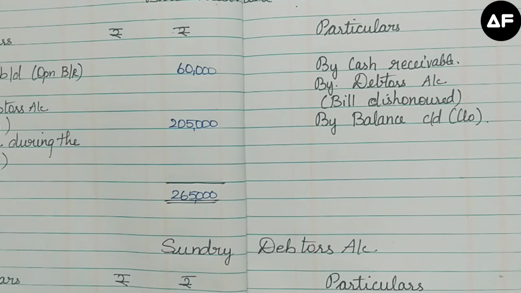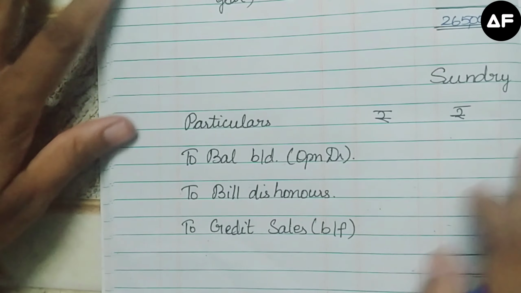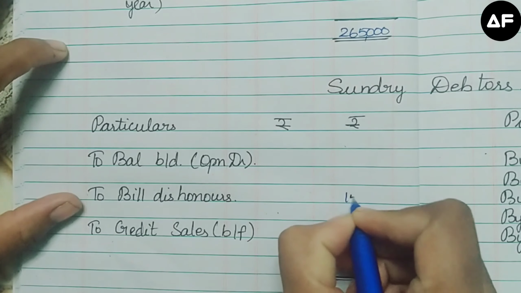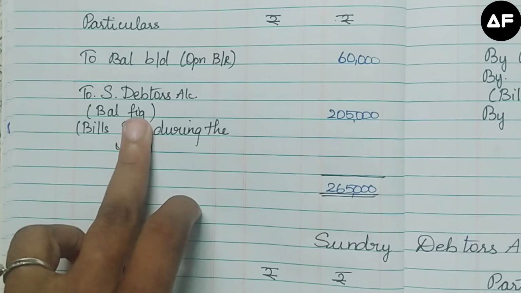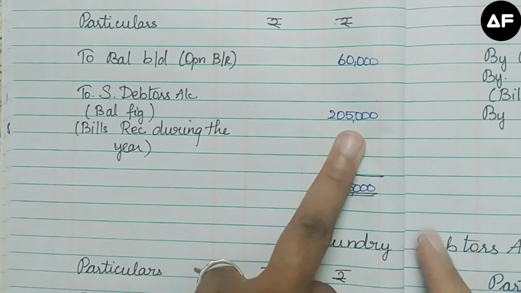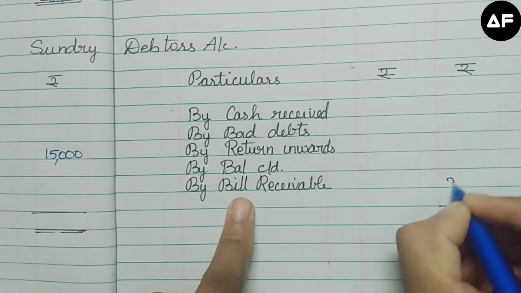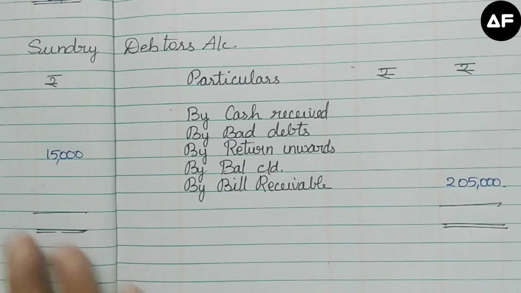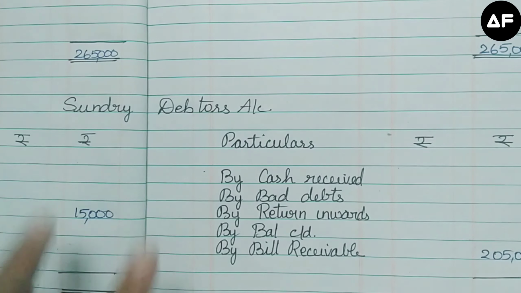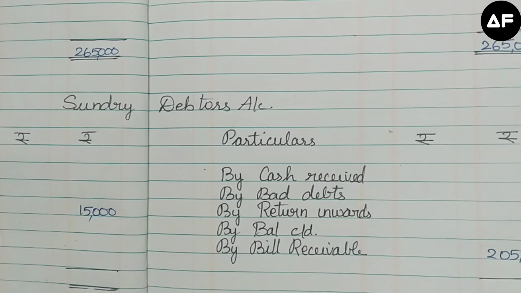So first let me fill this up. The bill dishonored is 15,000, which exactly comes this side. So I can write that 15,000. So that is being transferred. And next, sundry debtors, the balancing figure 2,05,000, is going to be brought down to the credit side. So by bills receivable 2,05,000. So without forgetting it, I have transferred both the items from the bills receivable account to the sundry debtors account. So apart from these two items, the other items are in our problem. So we have to again go through the problem and see that we post these accounts properly.